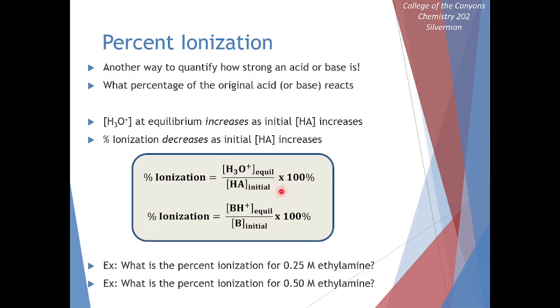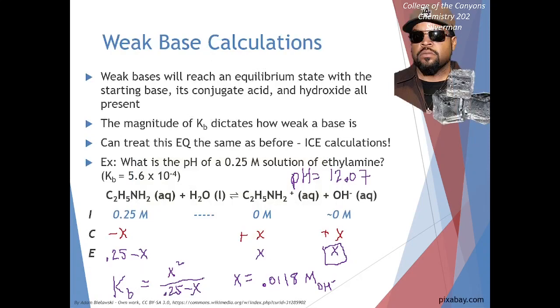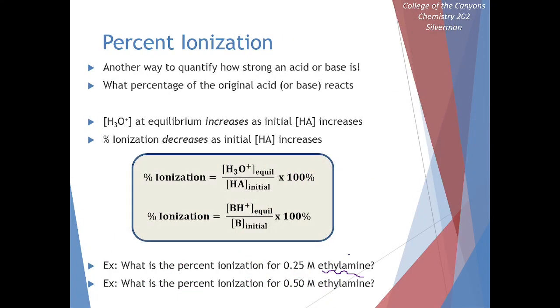The way we solve this, well, again, it's an ICE table calculation. If we scroll back a second to figure out the percent ionization for our base here, we can compare the initial concentration of our base to the final concentration of our conjugate acid. Or similarly to the final concentration of hydroxide. Essentially, we're comparing in the ICE table X to our initial concentration for the reactant. This was our example on the previous slide. We can take our X divided by our initial concentration, multiply it by 100, and we end up with